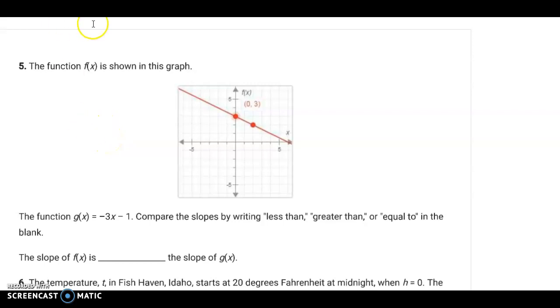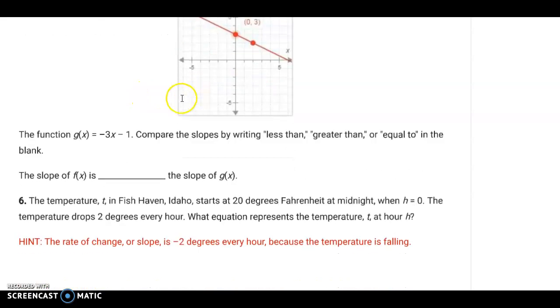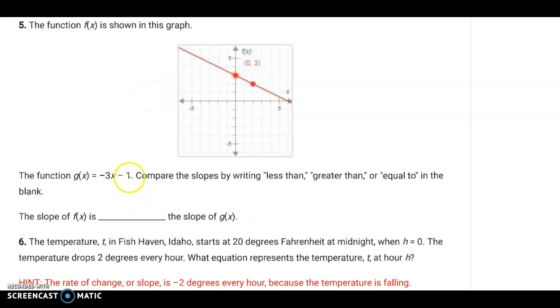So, the function f of x is shown in this graph. We see that. So, the function g of x is -3x minus 1. Compare the slopes by writing less than, greater than, or equal to in the blank. So if we were to graph this line, it'd be 0, -1, right? And then if I go down 3 over 1, I can graph that new line, right? So when we look at it, when